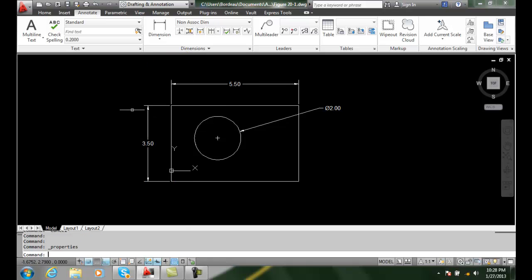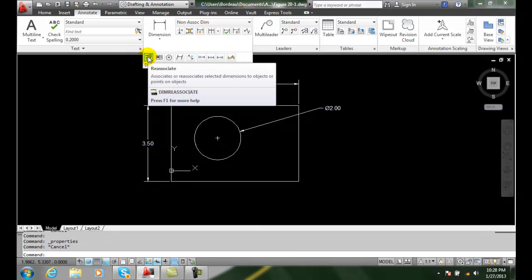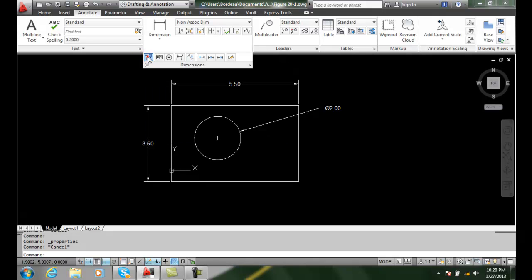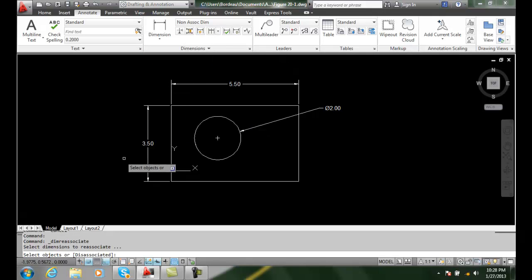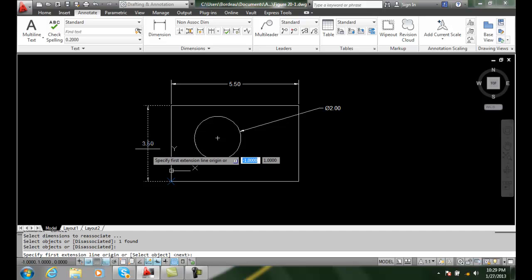Well, I can reassociate that, and we have a command called reassociate. I can go up to dimensions, hit the down arrow, and over here I have reassociate. I click on this command. It'll ask me to select the objects. I pick on the object, I hit enter, and it says specify first extension line,